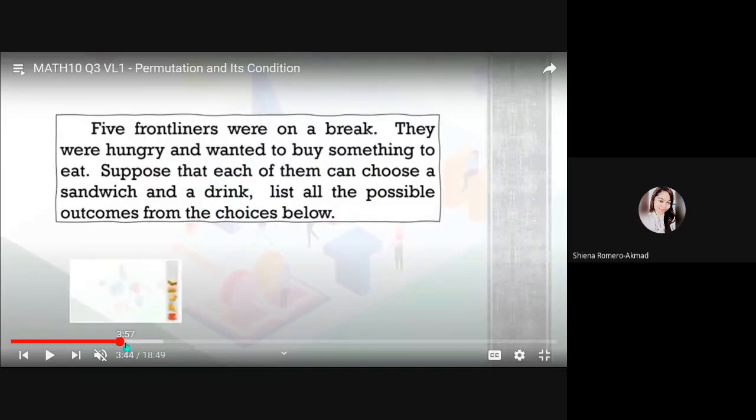So, for your review, I have here a situation. 5 frontliners were on a break. They were hungry and wanted to buy something to eat. Suppose that each of them can choose a sandwich and a drink. All you have to do is for you to list the possible outcomes from the choices below. So when we say,